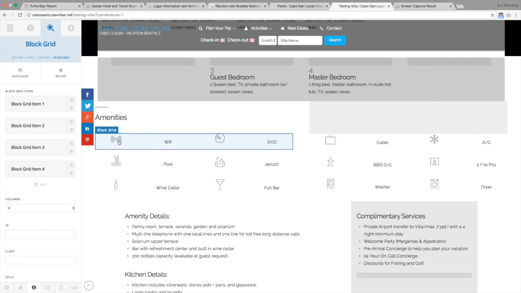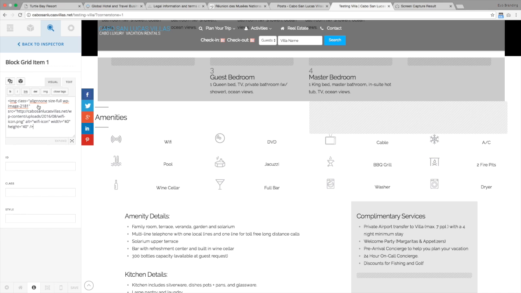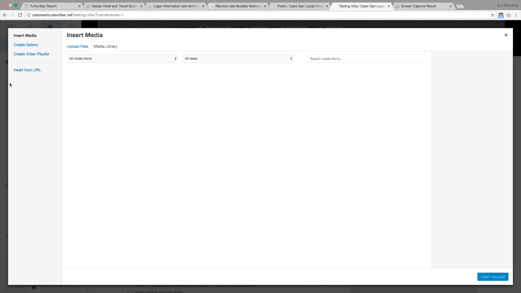To change this icon, we're going to hit block grid item 1. This is the icon in code. So if it looks scary to you again, hit text or visual, excuse me, and you can see the icon there. Now to replace it, simply delete, hit this media button,